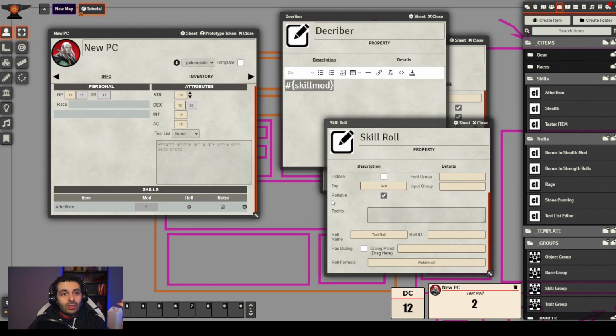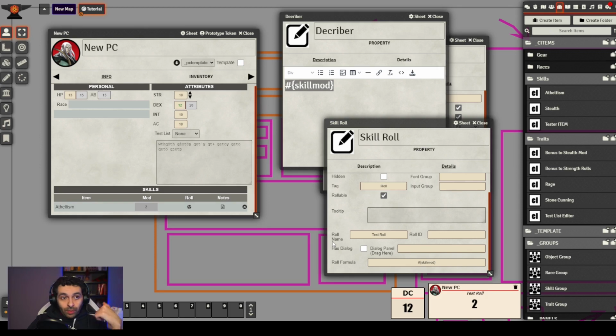What I'm basically doing is that every time I roll this role, which is called test role, and you can see it here, test role, returns as a value equal to the skill mod C-item property.